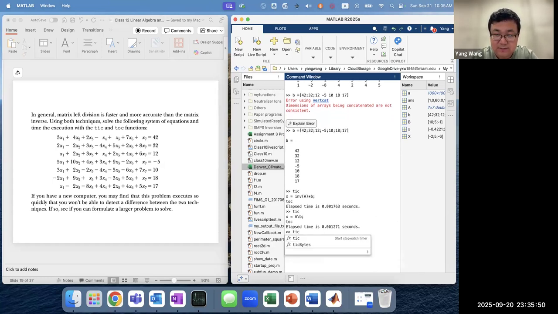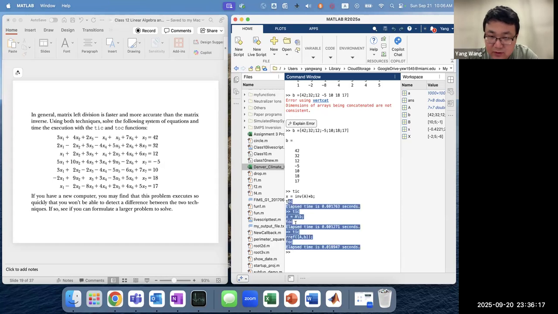Okay, so we can also try the cancellation, right? The rref method. So then you're going to have rref A B. So you can see that this method is even longer compared to the other method, right? But overall, all of these times are pretty short because nowadays the computation capability is much higher. So a lot of times we may not care too much about the time used here, but still,